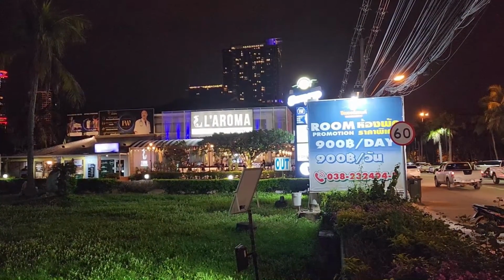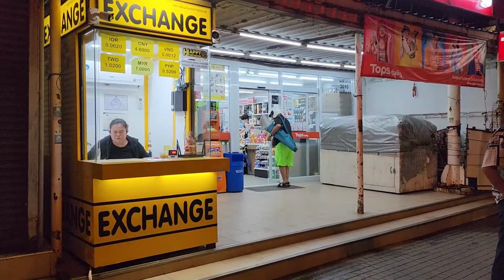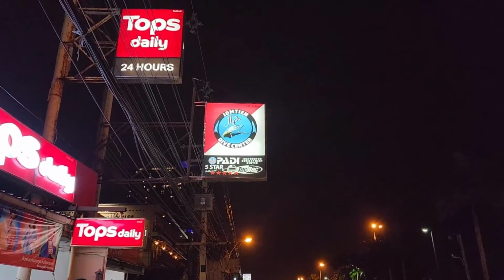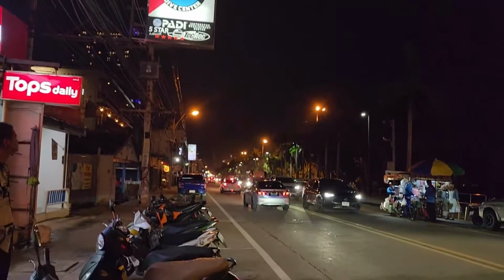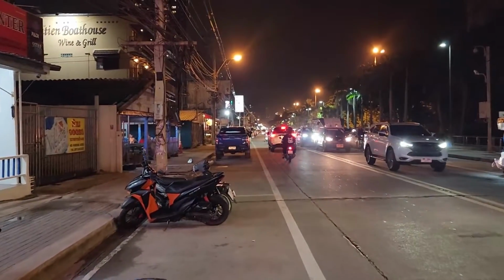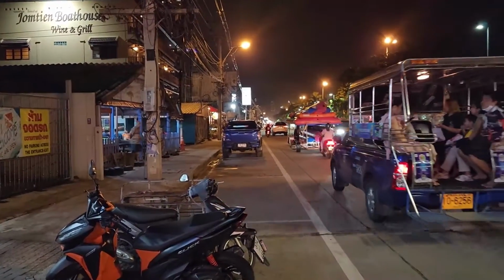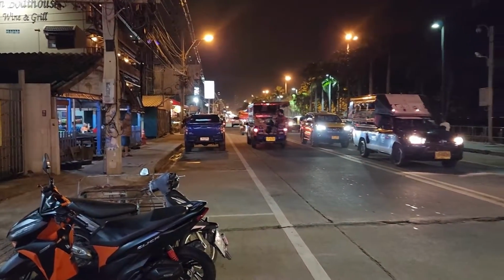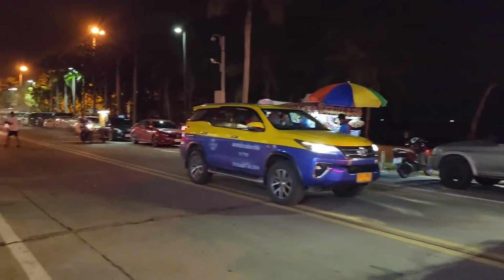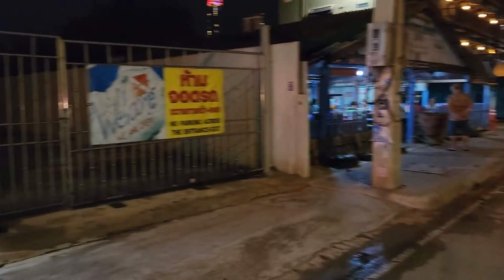Coming up towards Soi 9, La Roma Beach Cafe and Restaurant. Tops Daily, small shopping center. Not a full-size Tops Market, but 7-Eleven style. And right next door is the Jomtien Dive Center. I've pulled in here at 6:30 in the morning a couple of times when I go to Pattaya Dive Center, and then we'll usually come pick somebody up here at Jomtien, and then continue on down the way to Bangsar up here, which I think is about 30 miles away. And I don't even know, I'd have to look at my logbooks, but head out to some islands way off in the distance or shipwrecks. I haven't did that in a while down here. I need to get back in the water. But Jomtien Dive Center,